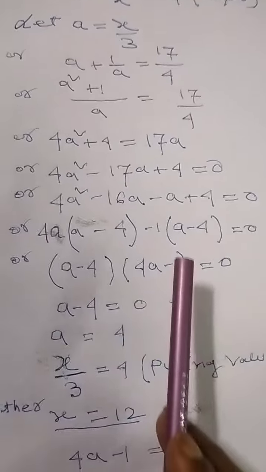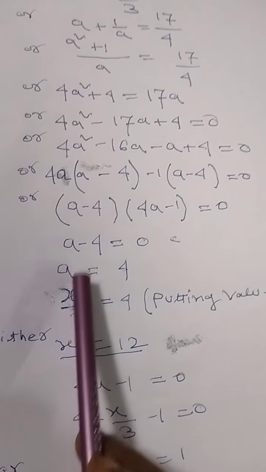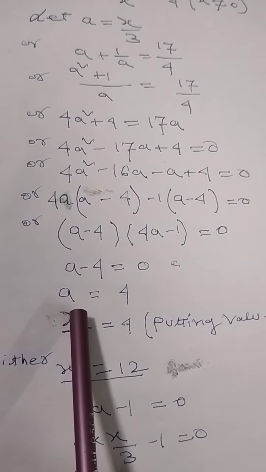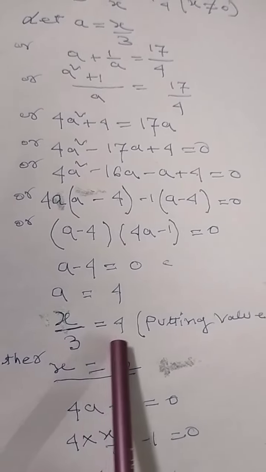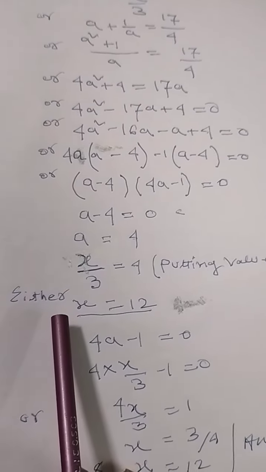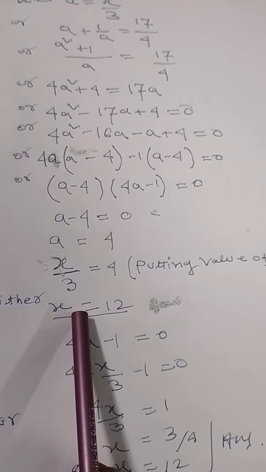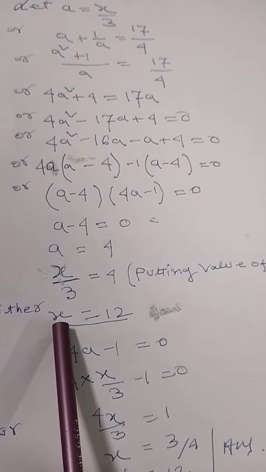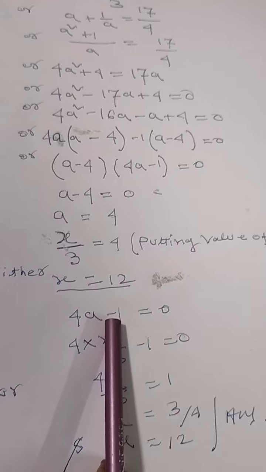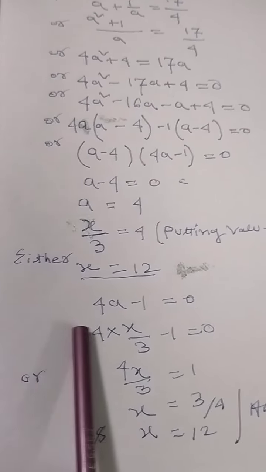A minus 4 equal to 0, a equal to 4. Putting the value of a equal to x by 3 instead of a equal to 4, x equal to 12, or